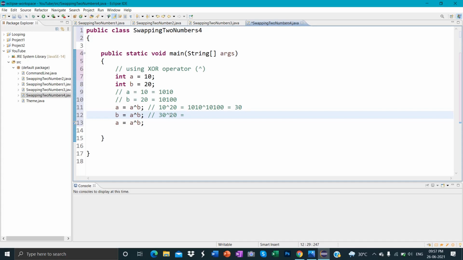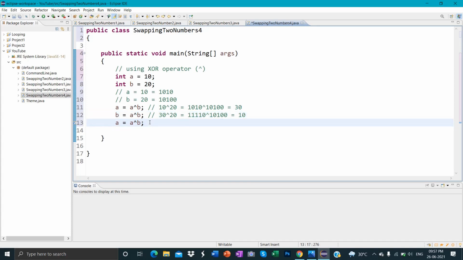Similarly, it will return the value 11110 XOR 10100, which will be equal to 10 now. Now what's the original value of b? It has been replaced by 10.